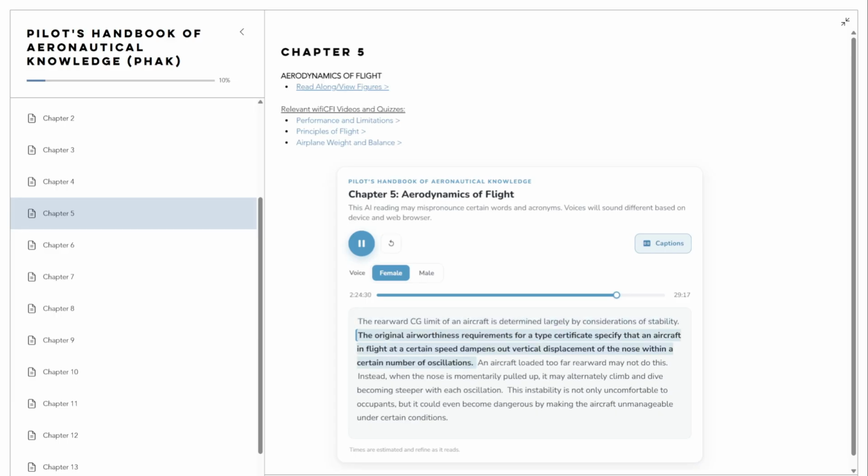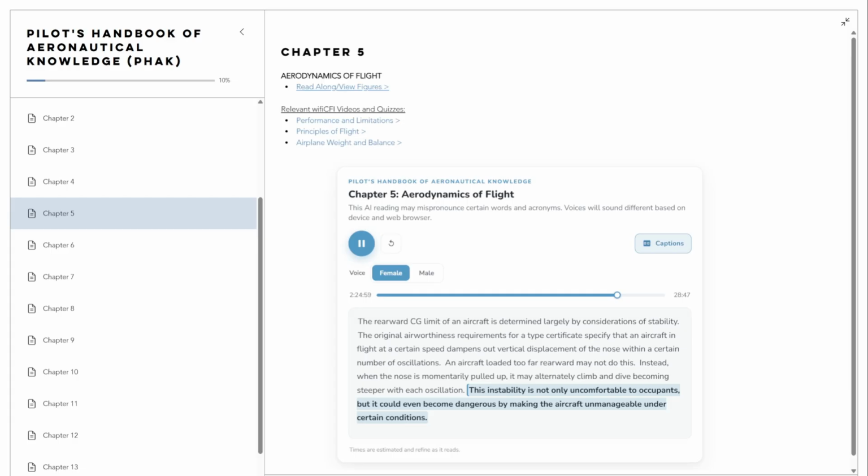The original airworthiness requirements for a type certificate specify that an aircraft in flight at a certain speed dampens out vertical displacement of the nose within a certain number of oscillations. An aircraft loaded too far rearward may not do this. Instead, when the nose is momentarily pulled up, it may alternately climb and dive, becoming steeper with each oscillation. This instability is not only uncomfortable to occupants, but it could even become dangerous by making the aircraft unmanageable under